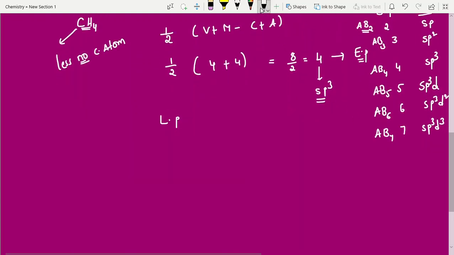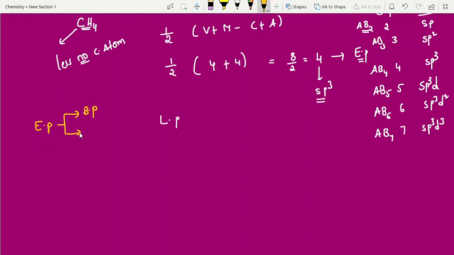Okay. Lone pairs, how to calculate? I will give you an idea. So students, I am writing here, these are all shortcuts. Electron pairs, we have 2 types. One we call a bond pair, another we call a lone pair. Electron pairs, after calculation we will come to know. Bond pairs, from the given question itself we will come to know. See here, CH4 molecule, the number of bonds is 4. That is bond pair 4. Right? So now lone pairs we have to calculate. Lone pairs equal to electron pairs minus bond pairs. That's all, students. Okay, now how many electron pairs? 4.